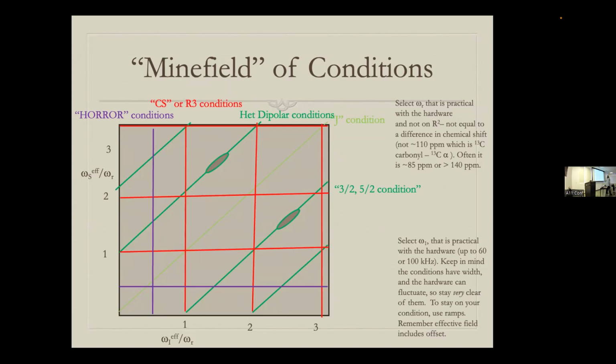And the CS conditions, let's say you're talking about an aliphatic, they might have 5 kilohertz of width, probably live with that. Like if you put numbers on these that are in kilohertz, this might be 20 and 40. Where are my CS conditions? They're red. So if this had a width of 5,